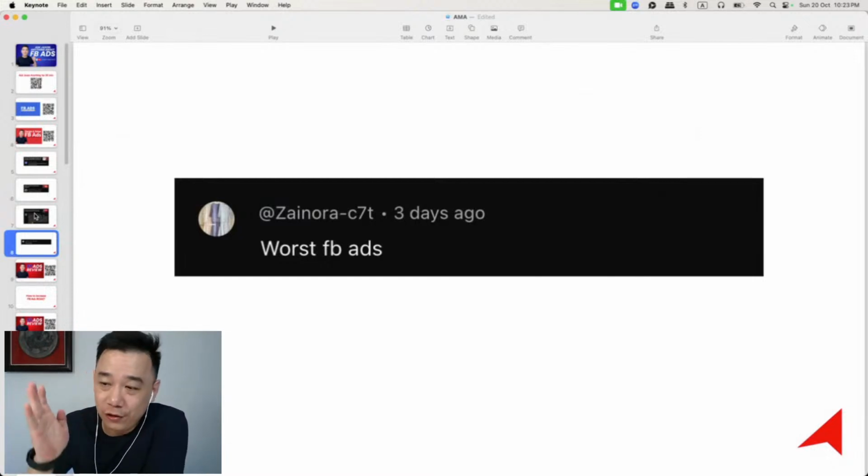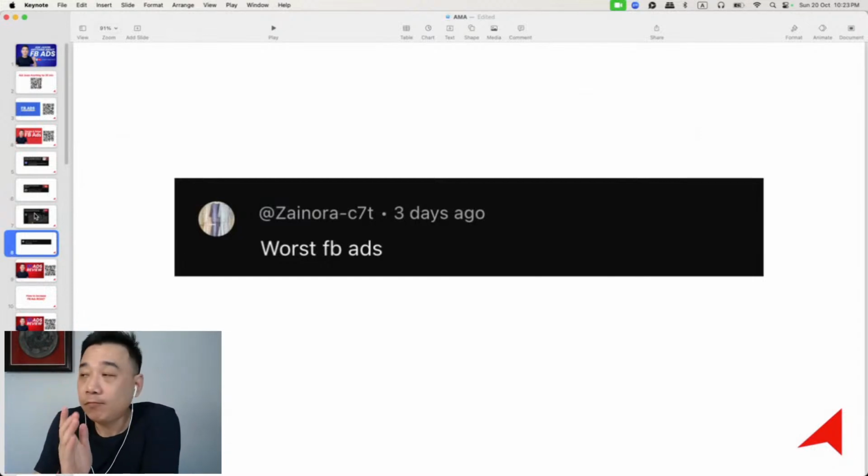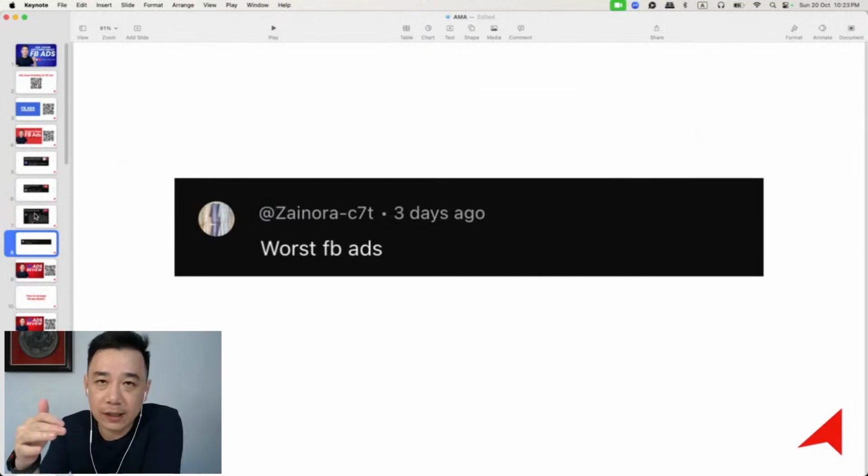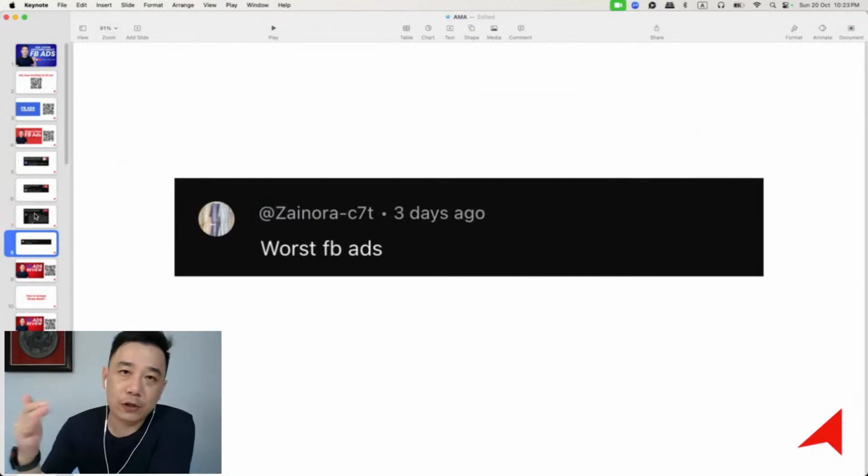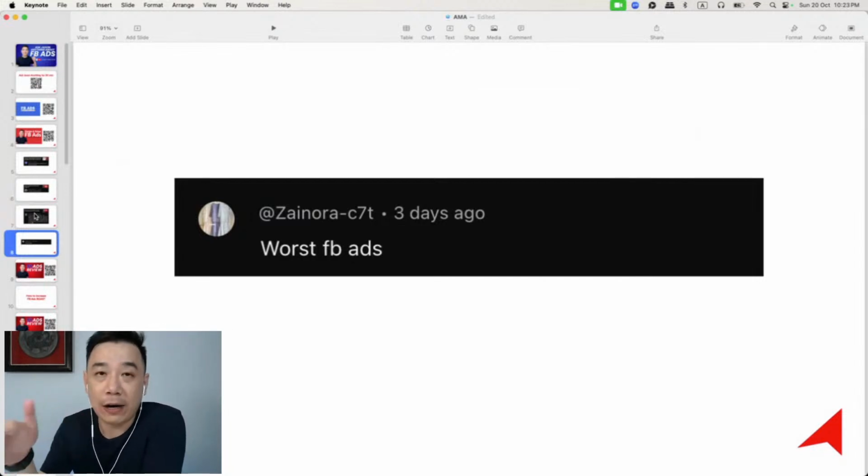First thing first, check your objective selection. That's the first thing. For example, if you're trying to get people to buy on your website, but you are actually doing traffic, consider changing the objective to sales. But having said that, you need to make sure that your Meta Pixel is installed and everything is connected correctly so that everything is trackable.